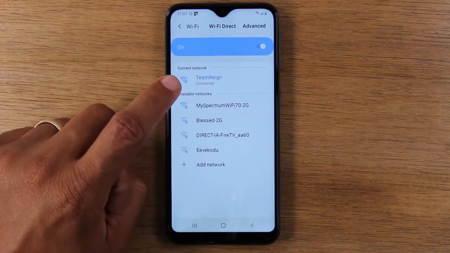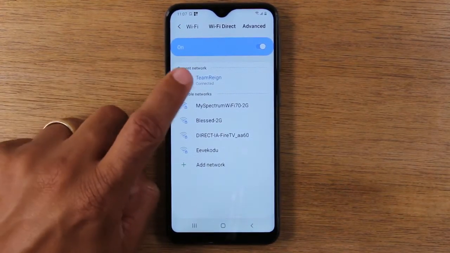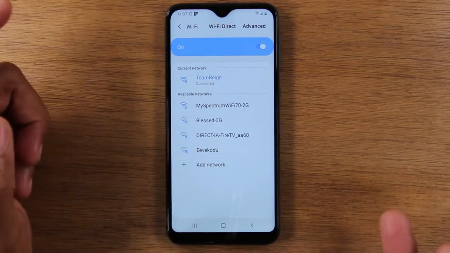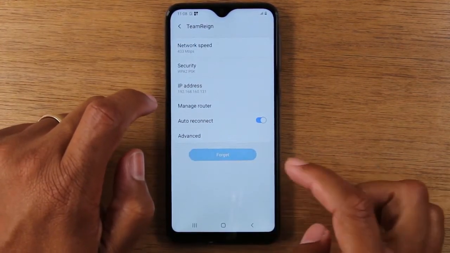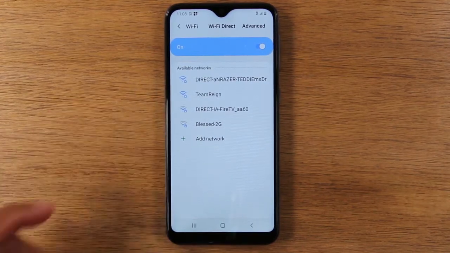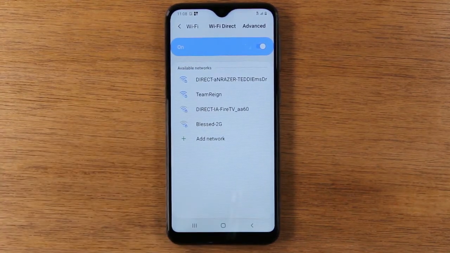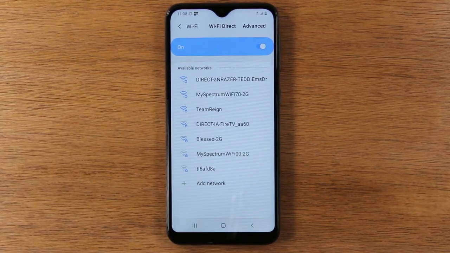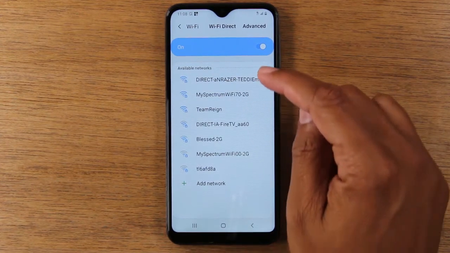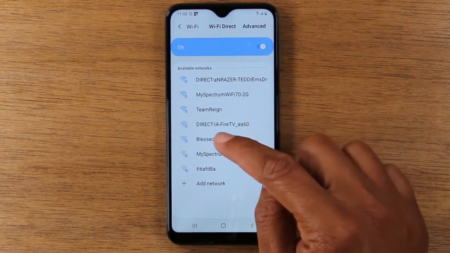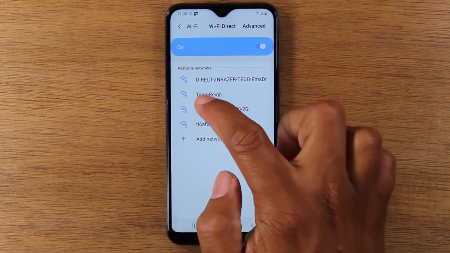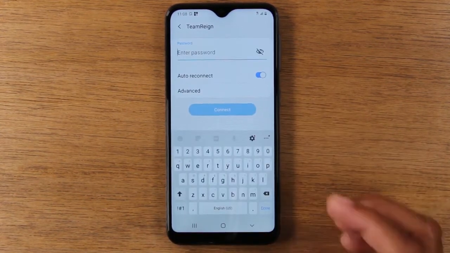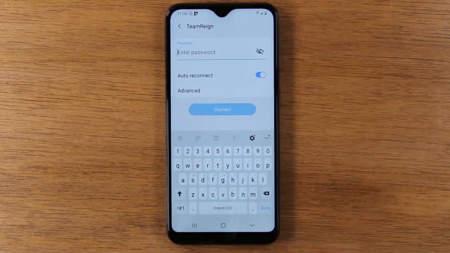where you'll find Wi-Fi. And so I'm already connected to this network here, but for the sake of the demonstration, I'm going to disconnect from it, forget the network altogether. And let's say I just opened this for the first time and I want to connect to a Wi-Fi network. All you have to do is look for the particular network in this list here. So my Wi-Fi is called Team Rain. So I'm going to tap on that and then it will prompt me to enter a password to sign in